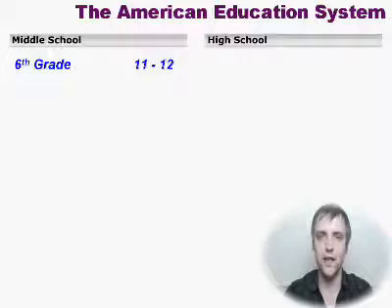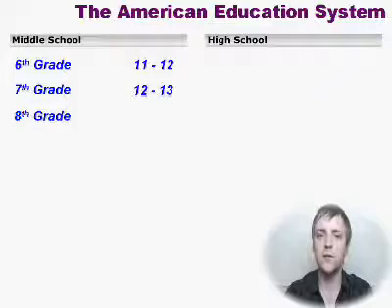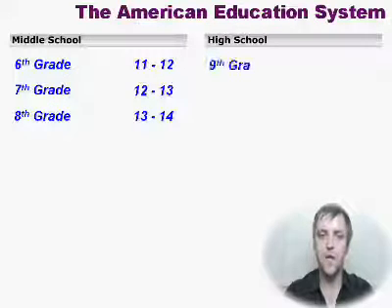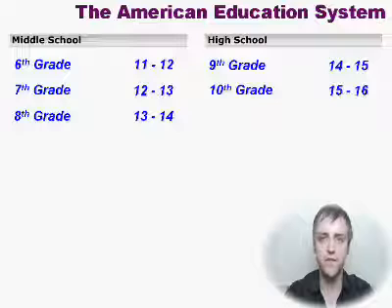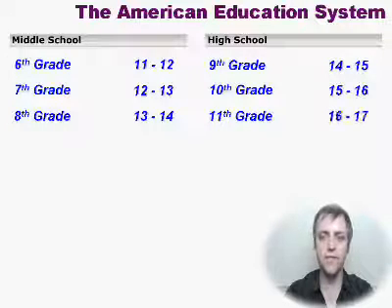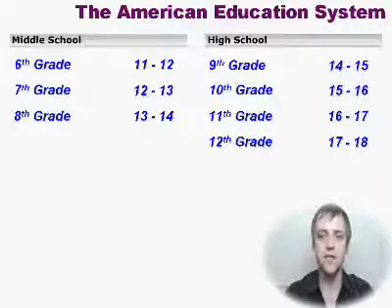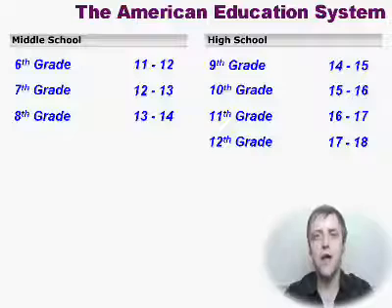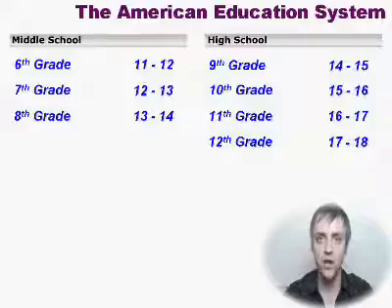It's 11 to 12. And 6th all the way up to 12th grade will tell you what ages these students are going to be. So 7th grade is 12 to 13. 8th is 13 to 14. Into high school now starts at 9th grade, which is 14 to 15 years old. 10th, again 15 to 16. 11th, 16 to 17. And finally, 12th grade, which is the final grade in our graph, is 17 to 18. Okay? Now, if you look at high school education, there is some important or useful or interesting vocabulary for the 9th, 10th,